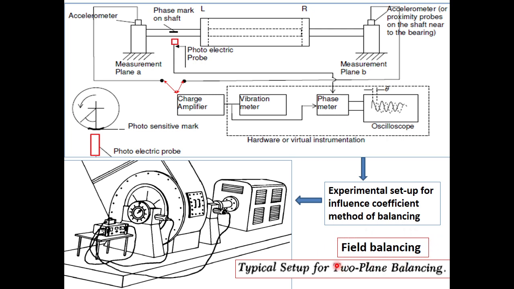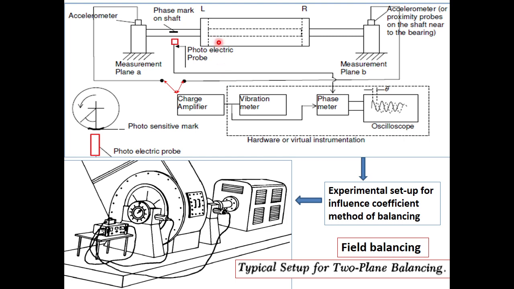Okay, so in field balancing, now you understand what field balancing is, right? Now this is the actual motor. Here we have a rotor inside. It is not visible from here, but this is a duct, and inside that duct there is a rotor. This is one of the bearings, and on the other side there is a bearing. There is a coupling. In such a case, this has developed some vibration, so one needs to carry out balancing for this rotor.